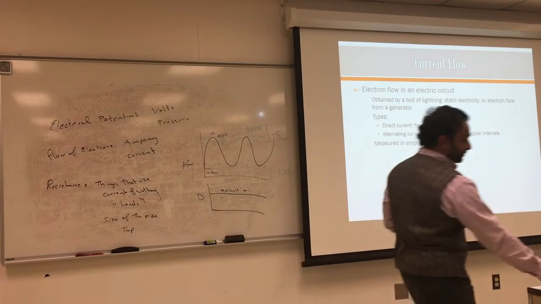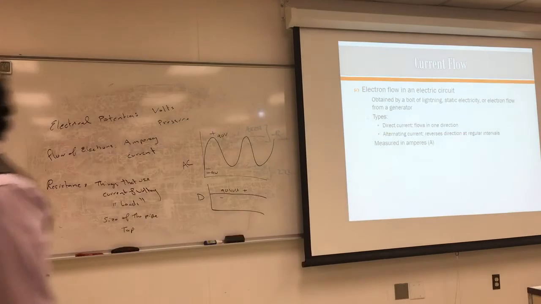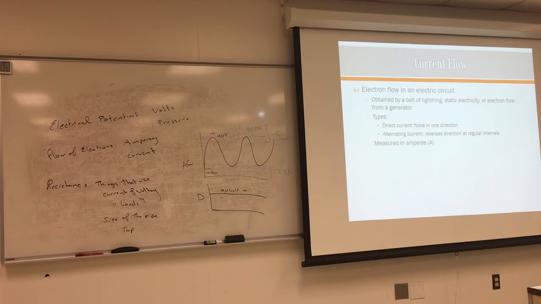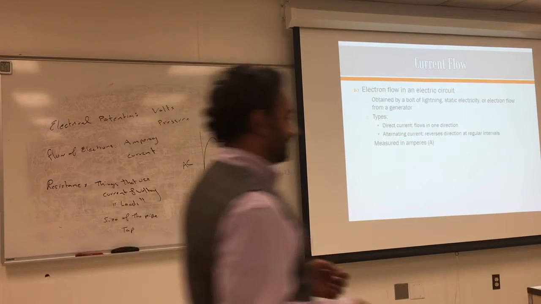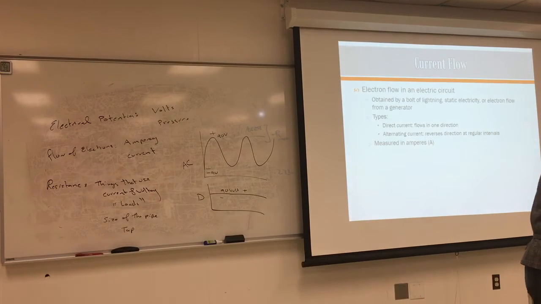I should bring a battery and have you measure the amperage. I have a battery, an 18650. How many volts? It's 3.7. Should be 4.2, but it's 3.7. Sweet, let's test it. So, is a battery AC or DC? DC. So I'm going to set up my voltmeter on voltage and make sure it's DC. Okay, stick it. Put one in and put the other in.